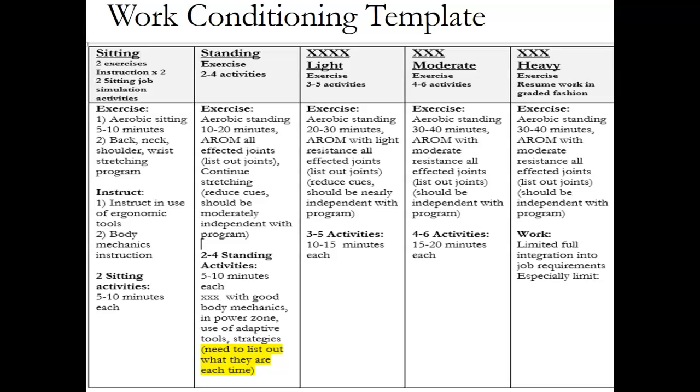You're increasing the time. You're increasing the time in the aerobics every time. Maybe you're increasing the time in the reps of the range of motion. And then you're thinking, this is the hard part, thinking of activities that best simulate the job that you can do in the clinic. And there's a lot of different things you can do. This is where you have to kind of be creative to a degree. And level 5, they're still doing their exercise program, taking their breaks and stretches, but they're back on the job to a degree with restrictions. Okay, so that is part